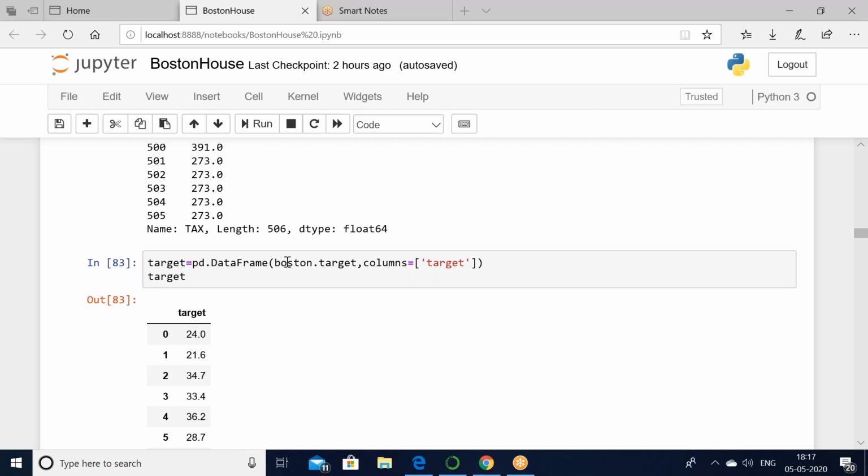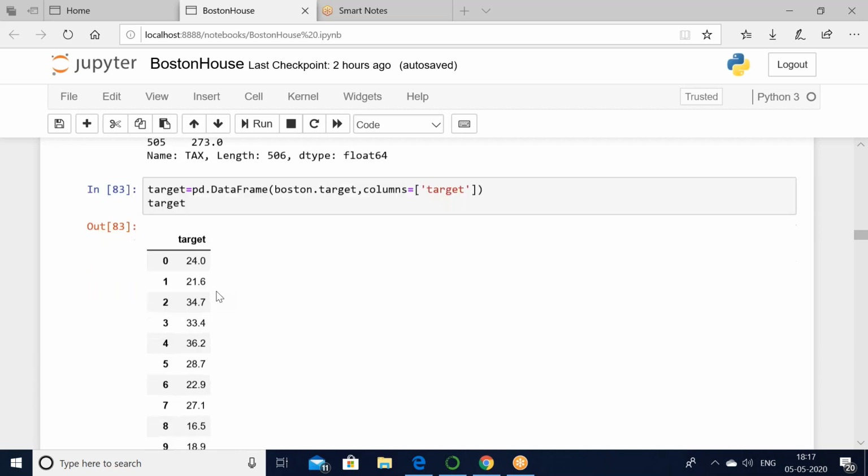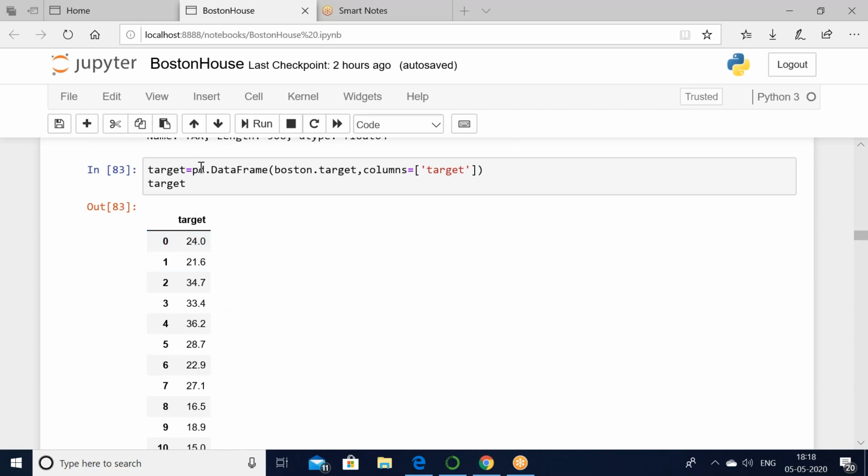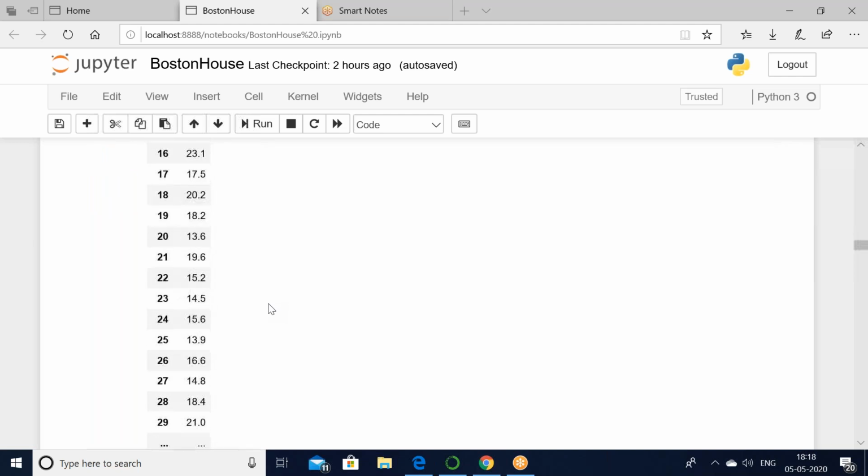The target can be treated as another column, and we can simply add that column to your existing data frame. The target is stored and displayed like this.